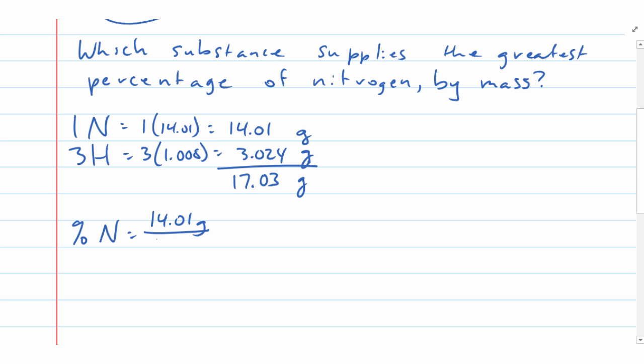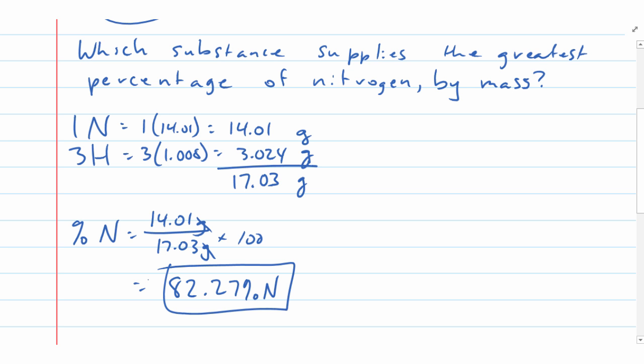We divide it by the whole amount, which is 17.03 grams. Grams over grams, of course, cancel out. We take that result, multiply by 100. How many significant figures do we want? 4. So 82.27 is what my calculator is showing here. Okay, 82.27% nitrogen